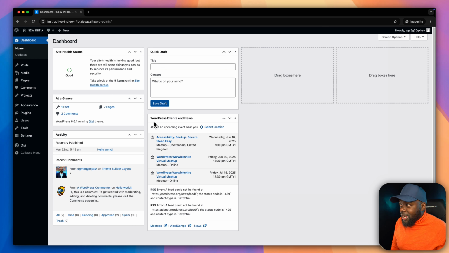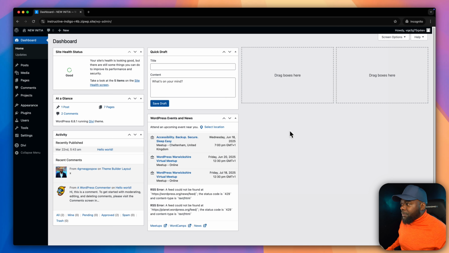But remember, there's a timer. This expires after 4 hours. So what you need to do now is you can create a free account. Okay, this will be a ZipWP free account. So when they purchase or they sign up for a free account, then this site is moved over to your